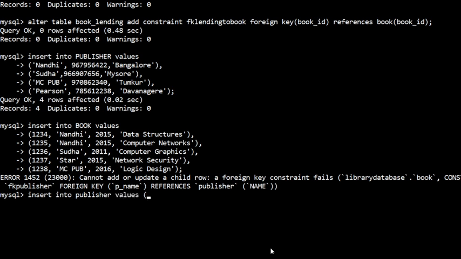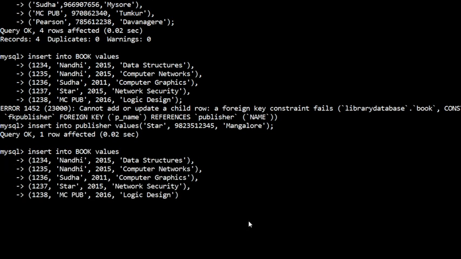I'll add only one row. So star is the name of publisher and some random phone number. Then address. Now again, you just execute the previous command. Now it is executed.